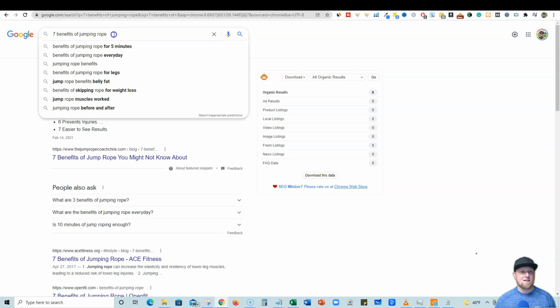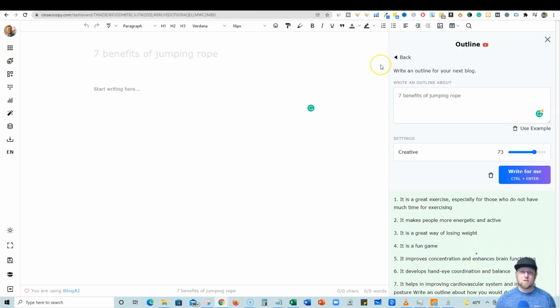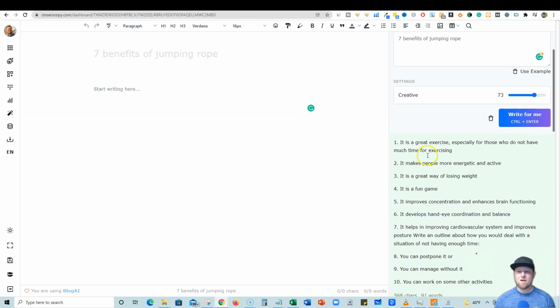So what we're going to do is we're going to take this keyword, and you know what? I was very impressed with using ClosersCopy yesterday for the article outlines that it came up with. It seems to do a good job with listicle type posts and doing outlines, and it's one of the best that I've seen with it coming up with content. So I've already put that in. And this isn't really going to be a comparison necessarily. We're just going to see what we can come up with